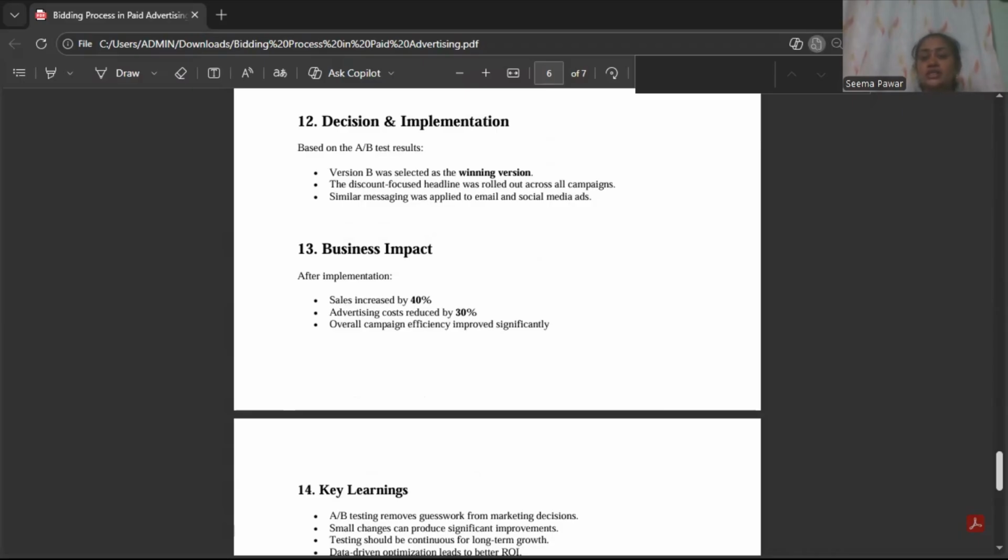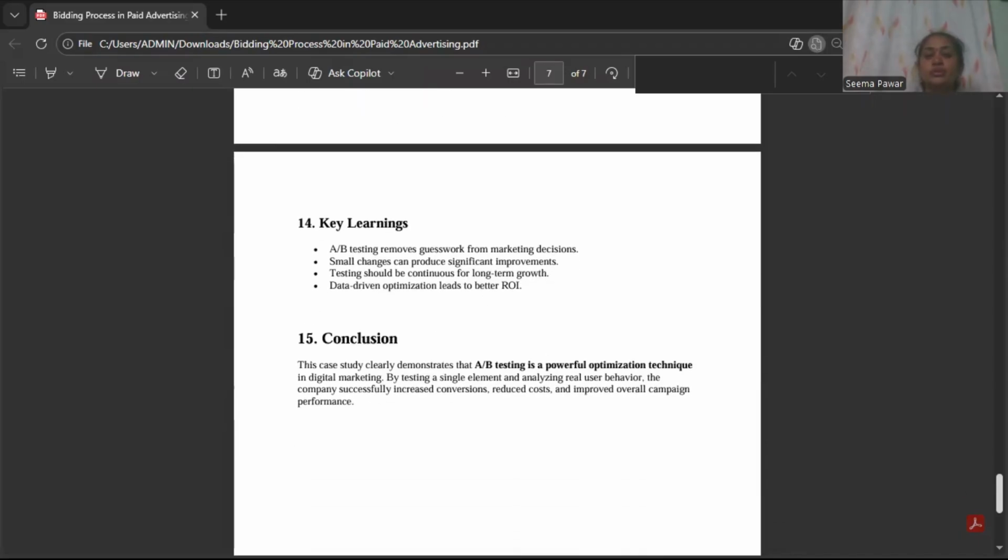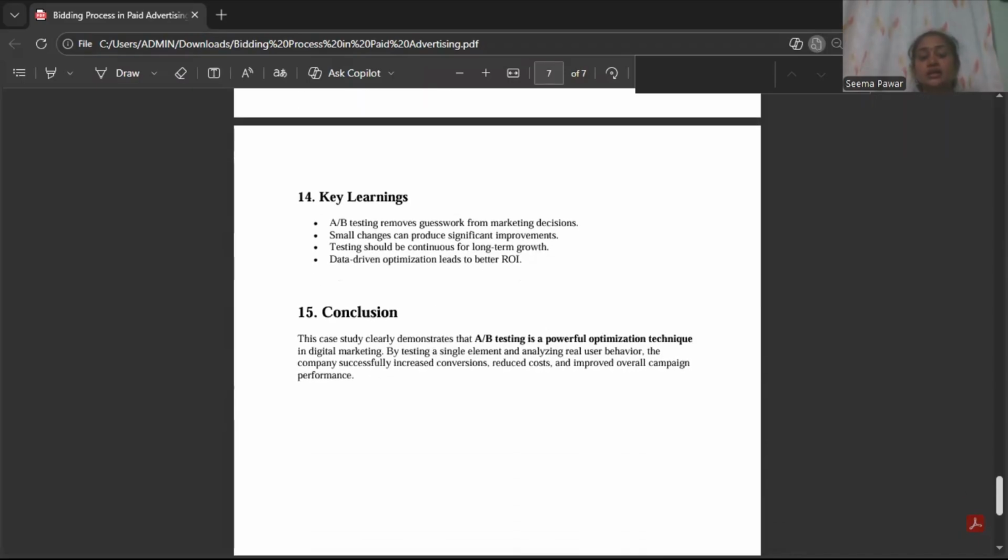The impact of this A/B testing was that after 14 days, when the company checked the impact of version B, the sales of the company had increased by 40%, advertising cost was reduced by 30%, and overall campaign efficiency improved significantly. So, from this, what we conclude is that the case study of this smartphone company clearly